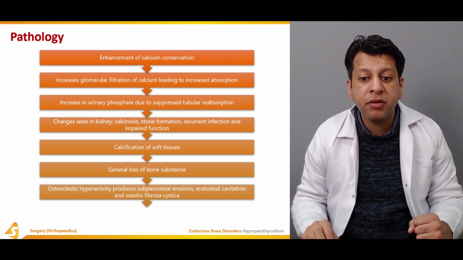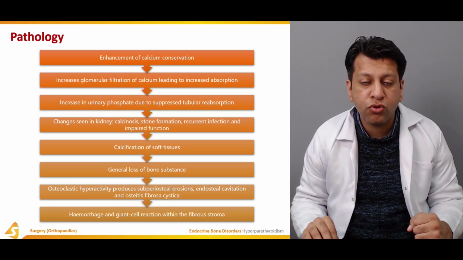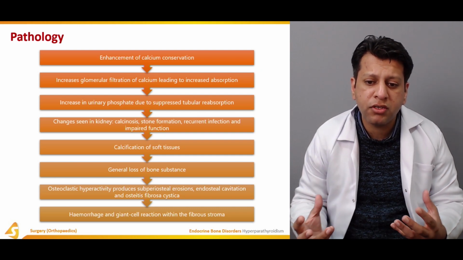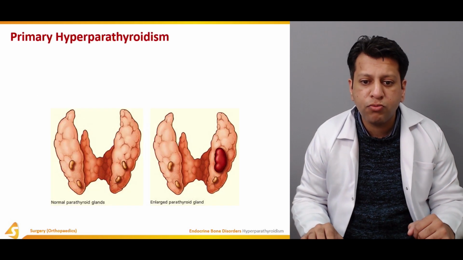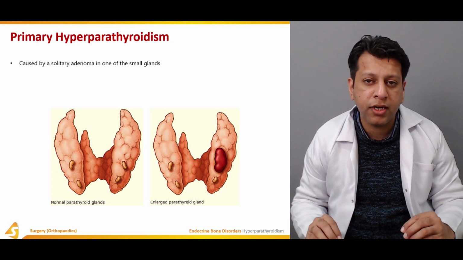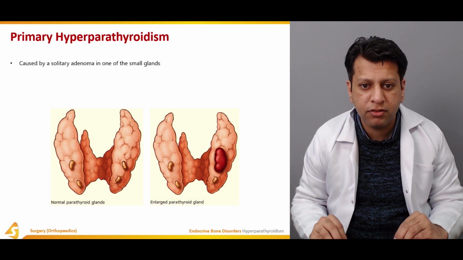Osteoclastic hyperactivity produces subperiosteal erosions, endosteal cavitation, and osteitis fibrosa cystica, with hemorrhage and giant cell reaction within the fibrous stroma. Usually, if calcium is laid down in the soft tissue, this may result in giant cell reaction and hemorrhage. So, this is usually primary hyperparathyroidism, that is, the defect was primarily in the parathyroid glands, which is usually caused